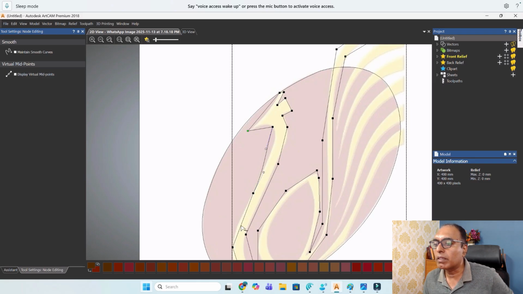You can also make this a B spline. This you can make smooth. This also you may make smooth. This also smooth. Okay, just pulling this, you can bring it closer. Pull it, you can bring it closer,